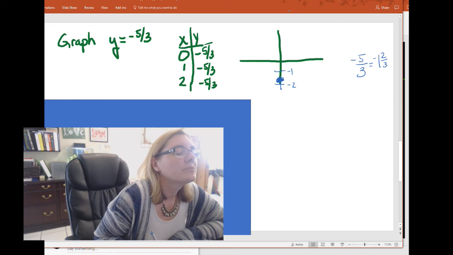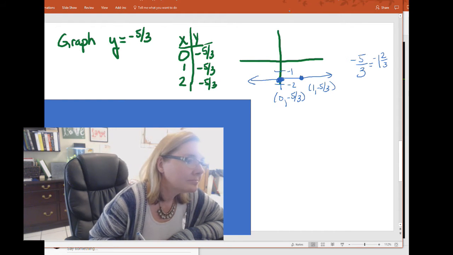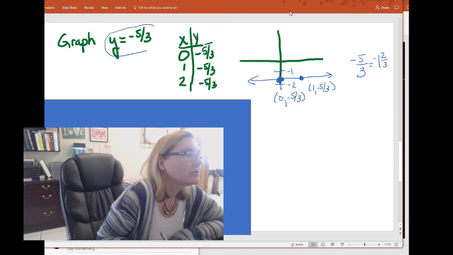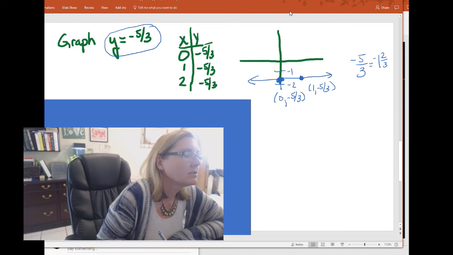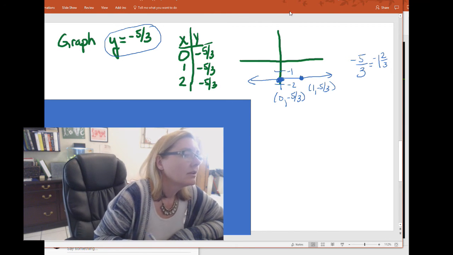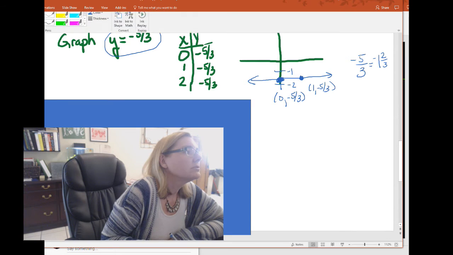So we're going to plot 0, negative 5/3. We're going to plot 1, negative 5/3. Really, that's enough to see that this is a horizontal line. So whenever you see no x in the equation, just a y, or vice versa, make a little chart. If I had asked you to graph